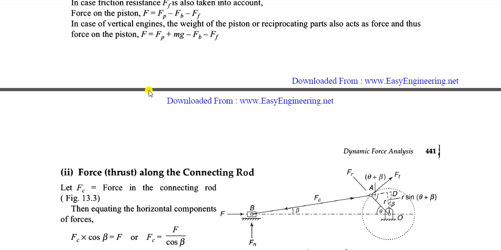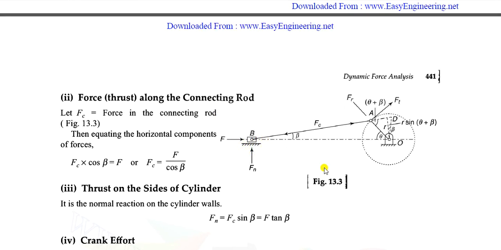Now, for all these forces, you have to observe this diagram. I will send my notes also, in which you will see it properly, as it is somewhat complicated here. No need to draw such a diagram. I will send my notes, in which you can see the same diagram. So this is F, the net force acting on the piston, and now there are many other elements, like Fn, Fc, Fr, Ft. Now we will see what those are.